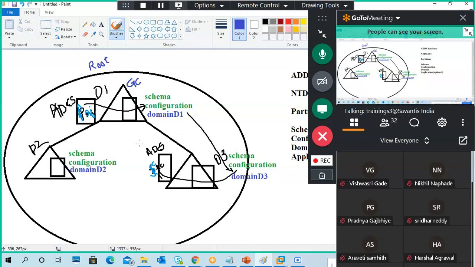That's why when you are installing the server, the global catalog check mark is there and it is grayed out, so you cannot unselect it, because it's your first one, your root.